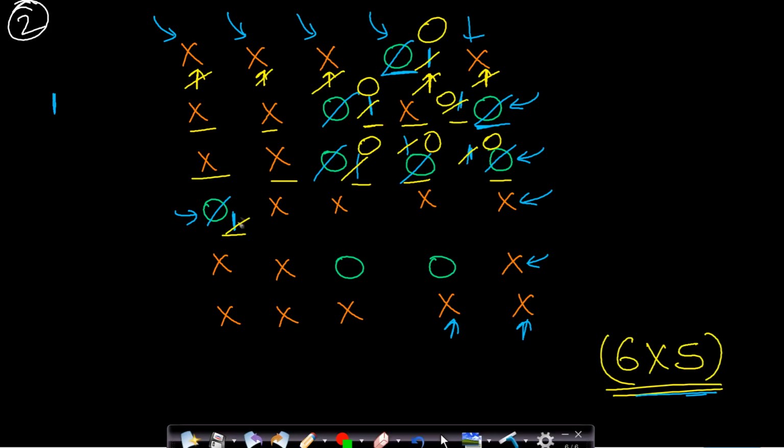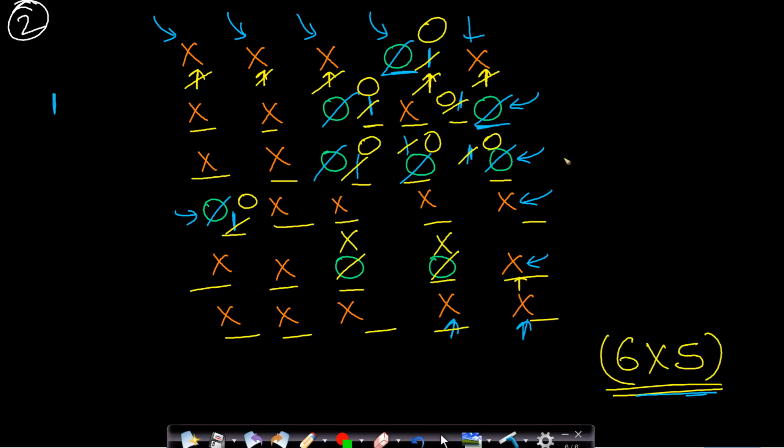Now this is 1, made to 0, X, X, X, X, X, X. This is 0. So once you find a 0, this means that it belongs to a valid region which will be applicable for conversion. So we will simply convert this 0 to X. Now you find another 0, you convert it to X. Now this is X, so we won't do anything. X, X, X, X, X.